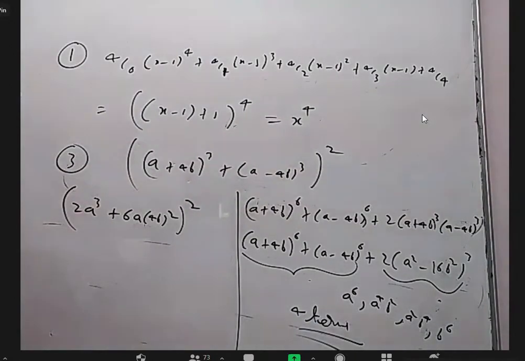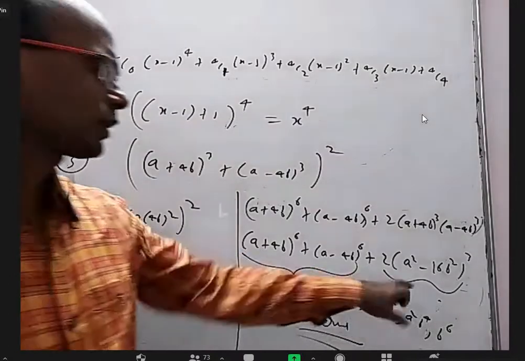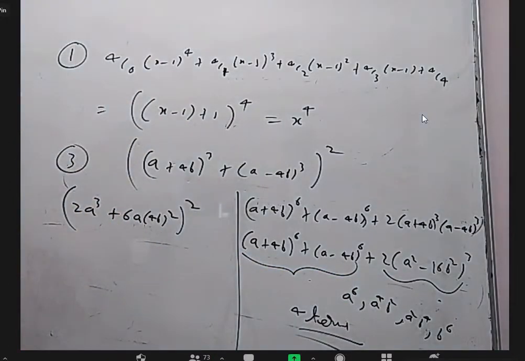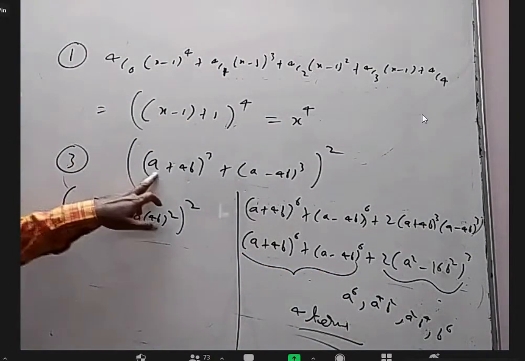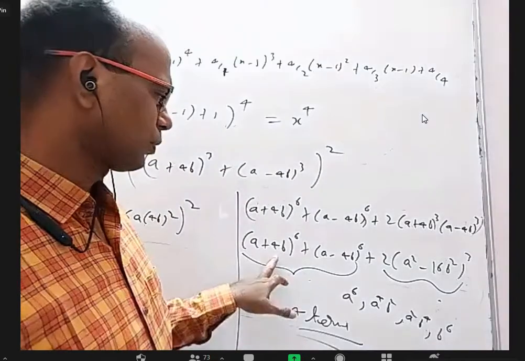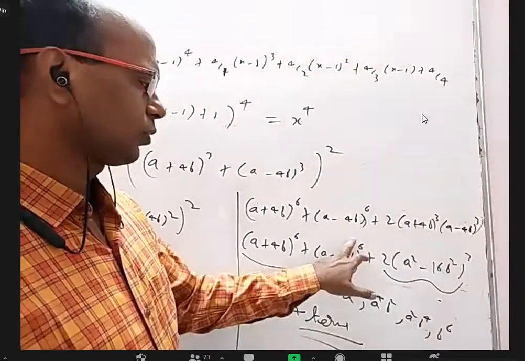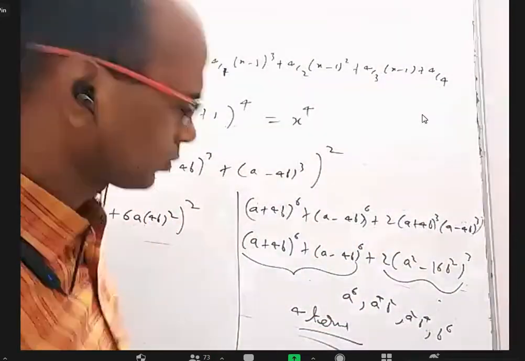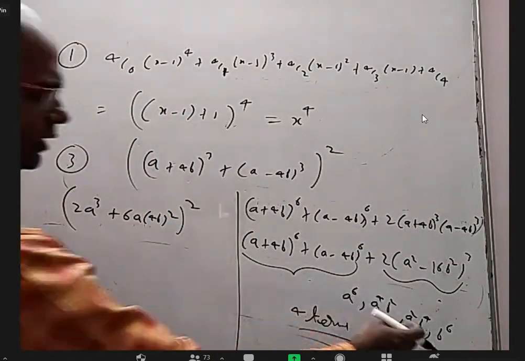Something wrong. Maybe something will cancel here. This will have 4 terms, this will have 4 terms, 2 terms got cancelled, 2 terms got added up. This square and 2 into this. So I got A power 6. Okay, so I'm not getting the B power 6 term because it's completely getting cancelled. Why? Here (4B) whole power 6, here (4B) whole power 6 with a minus sign. So even though this term is there, it got cancelled.